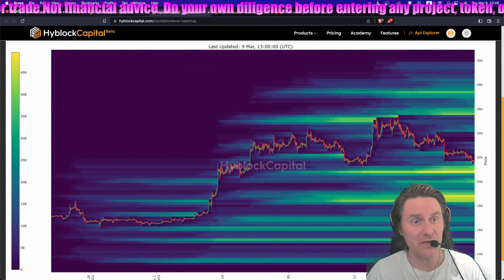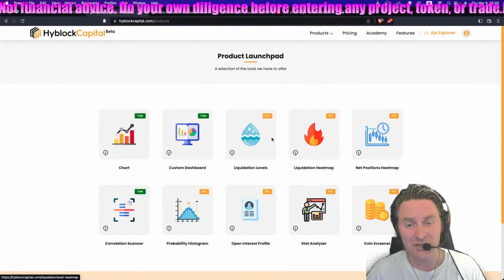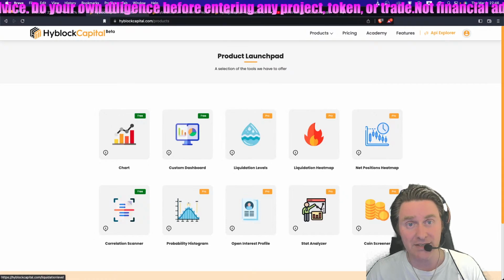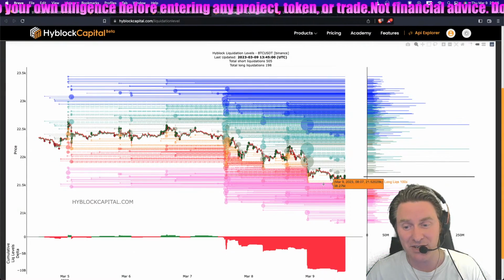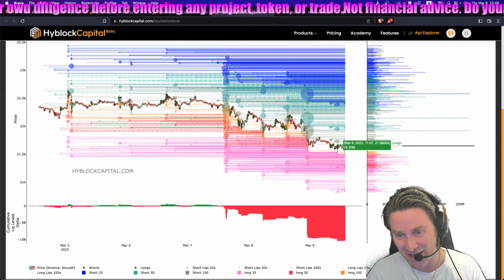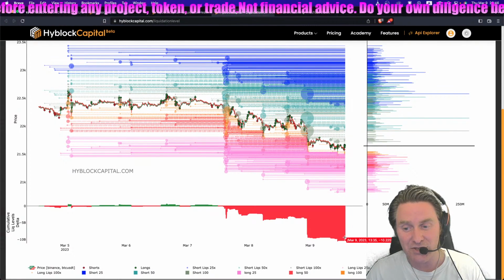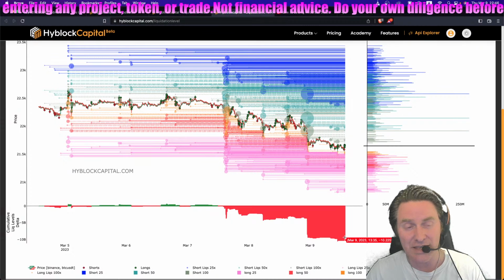I was trying to go fast and I should have checked the levels quickly, so sorry about that. So we're going to go back to the 1 minute time frame. Let's start this over again really quick. 1 minute time frame. We are currently at 10 billion in shorts liquidity that is